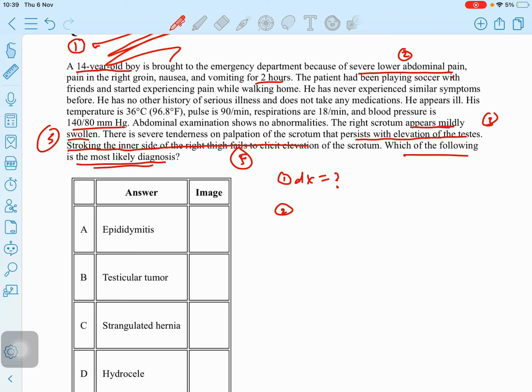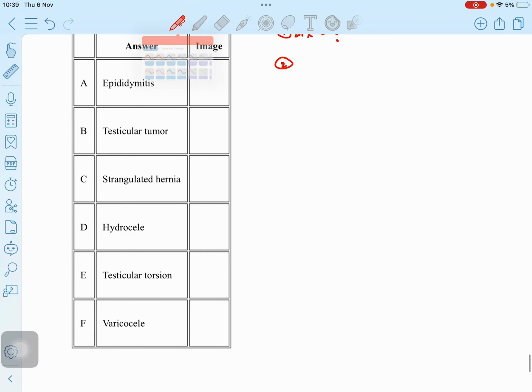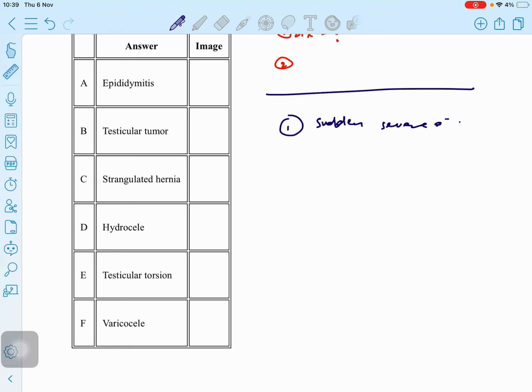Why is it a torsion of the testes? In the torsion of the testes, guys, you have to remember 4 to 5 points. First of all, torsion of the testes is an emergency condition, an acute condition. It means the male will present to you with a complaint of sudden onset of symptoms. Number 1, severe pain with nausea and vomiting. And we can see in this patient there is also sudden severe pain with nausea and vomiting. Number 2, the involved testicle will be elevated relative to the other testis.